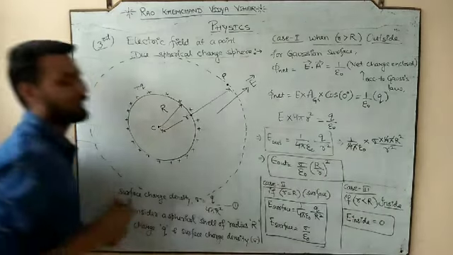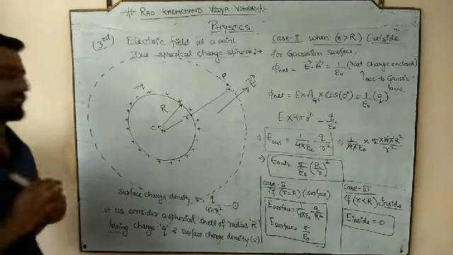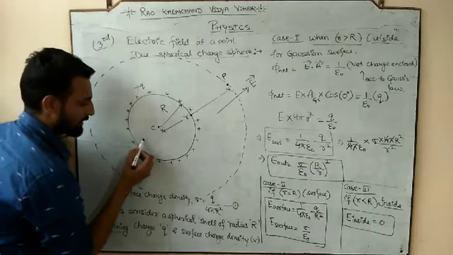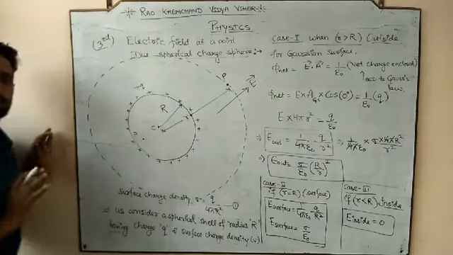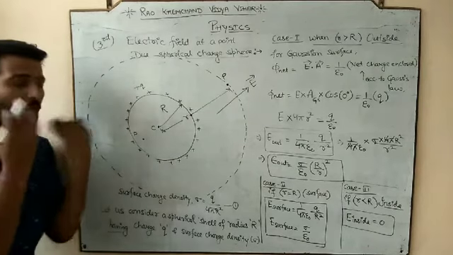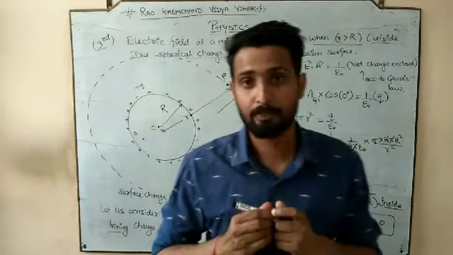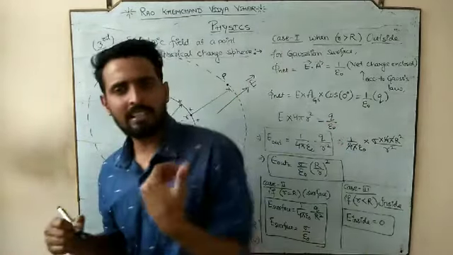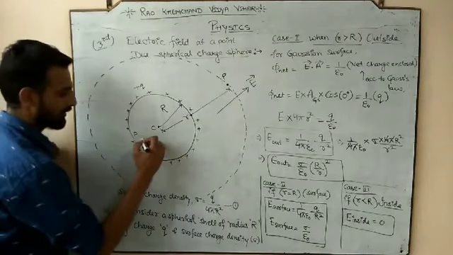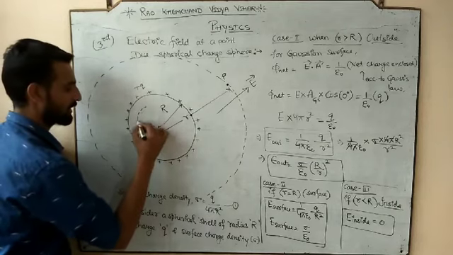So the electric field inside the spherical body is 0, and let me give you the answer for that. When the P point is inside the spherical body, so let's suppose this is the P point, when the small r is less than capital R. What is the procedure, and how can we calculate the electric field at any point? If we want to calculate the electric field at any point by using Gauss law, what we have to do? First of all, we have to consider a Gaussian surface.